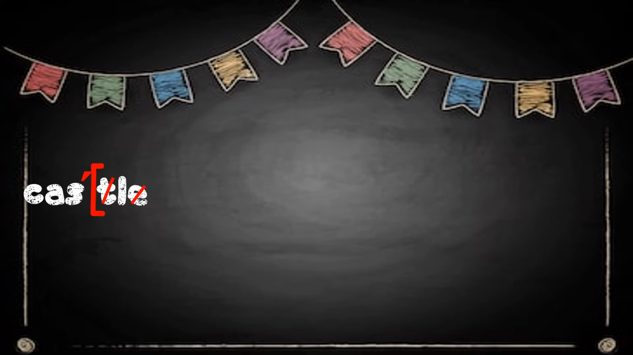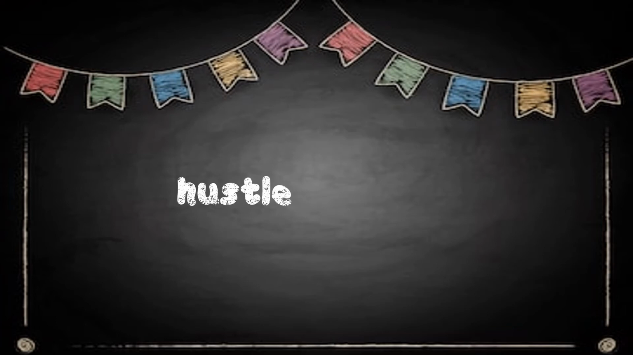Now let's finish coding the word castle. Let's code our first syllable. We have a vowel followed by a consonant, so we're going to code it with a breve. Now let's look at our next word. In the word hustle, we have our final stable syllable,